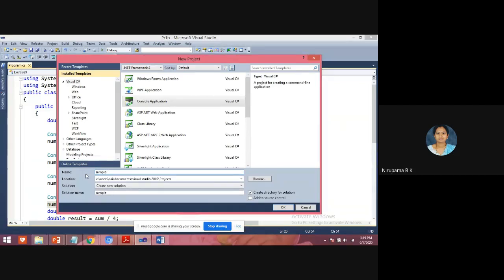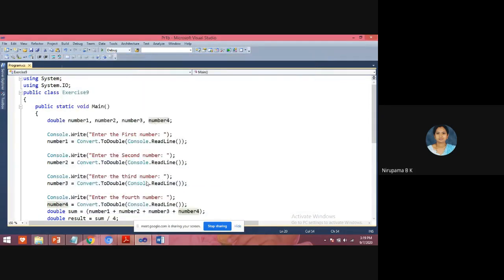Sample 3. This Visual Studio will take some time to open.